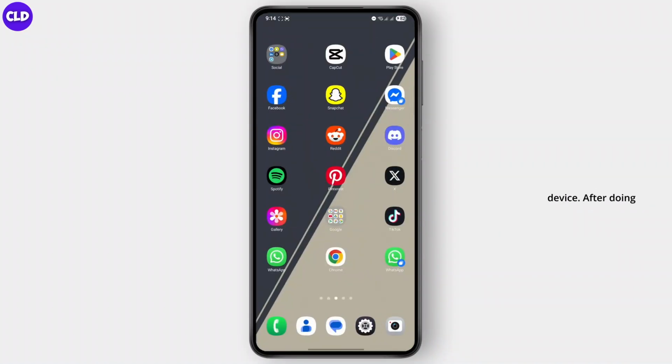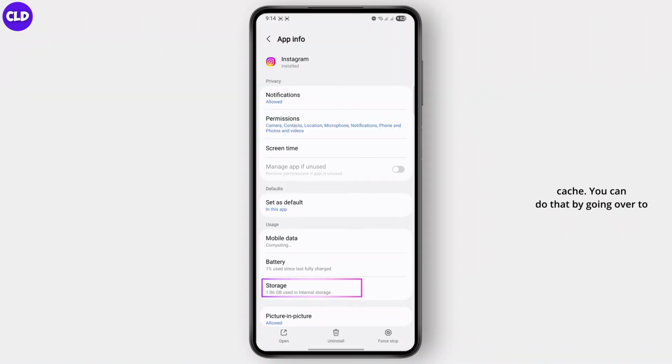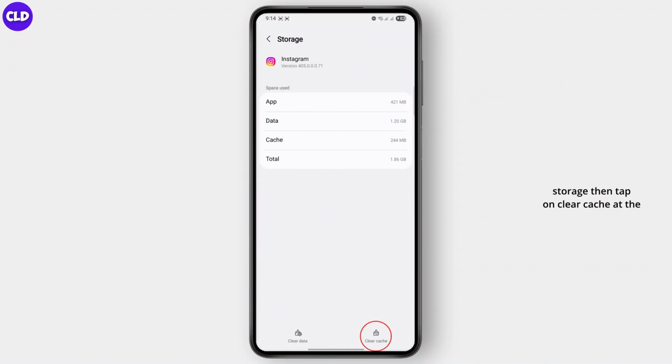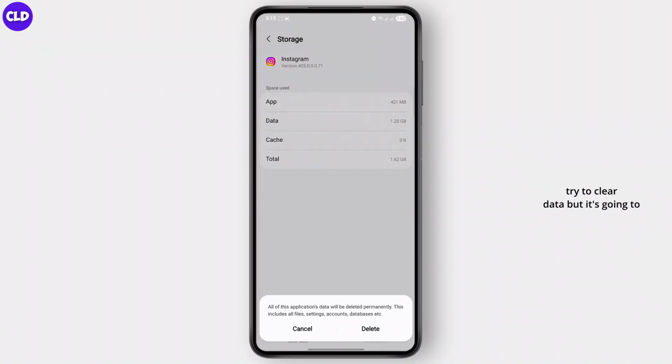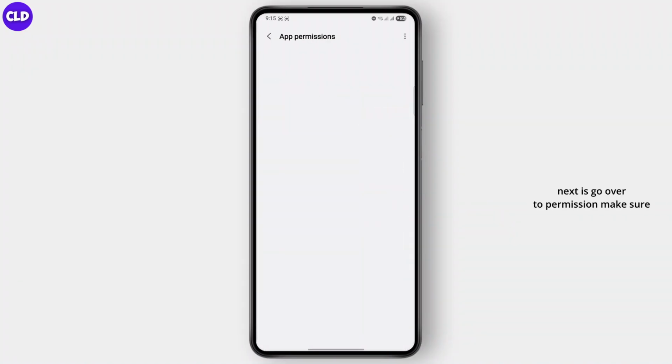After doing that, you need to go ahead and long press on Instagram, tap on the I button, and from here you need to try to clear cache. You can do that by going over to storage, then tap on clear cache at the bottom right. If you want, you can also try to clear data, but it's going to completely log you out of your account. Once that is done, what you need to do next is go over to permission, make sure all of the permissions are allowed,